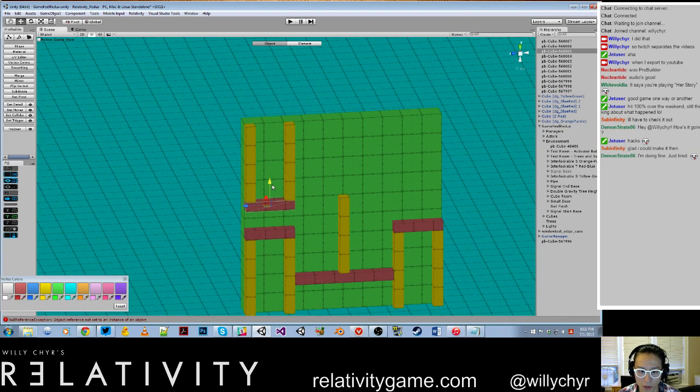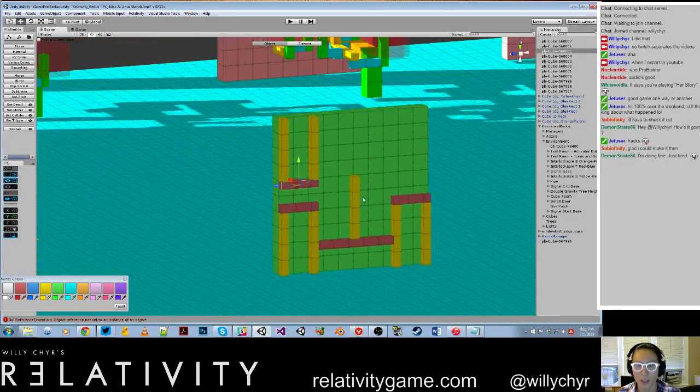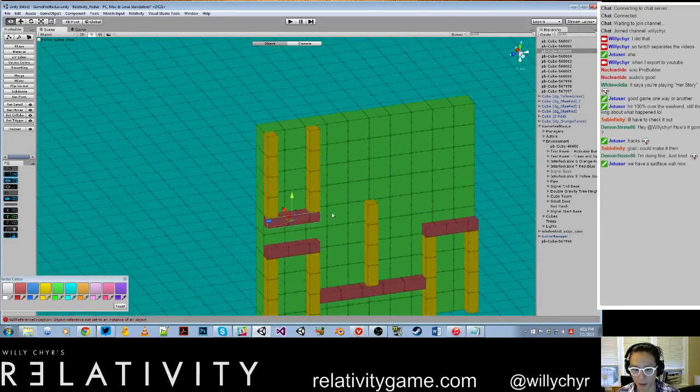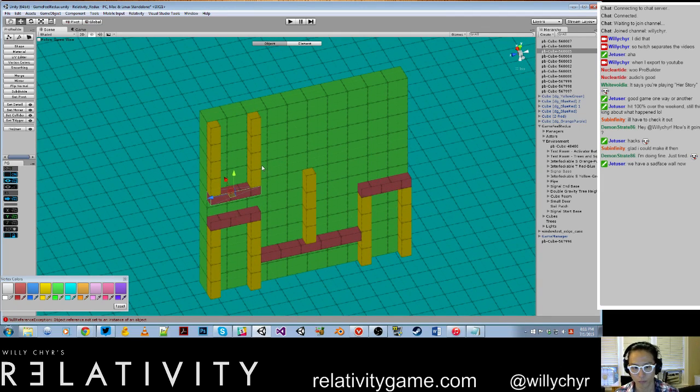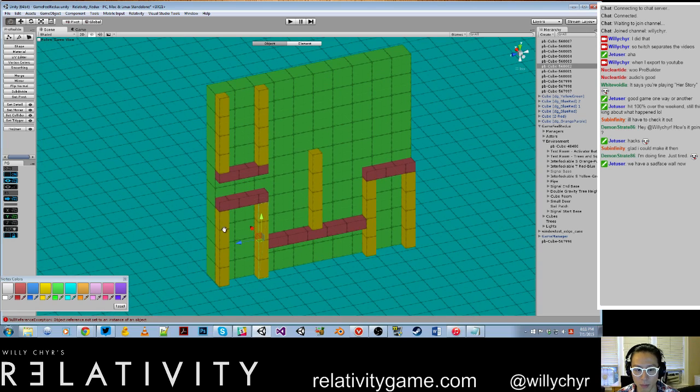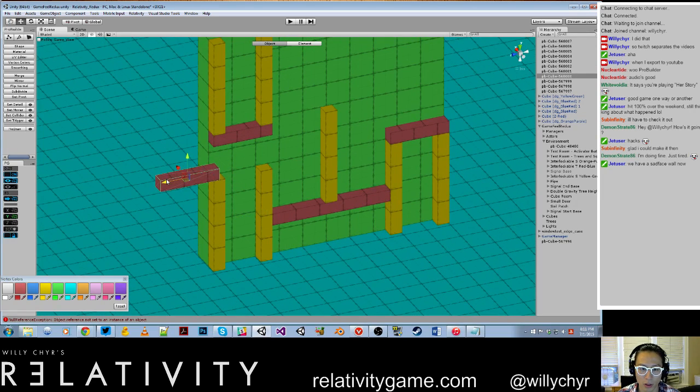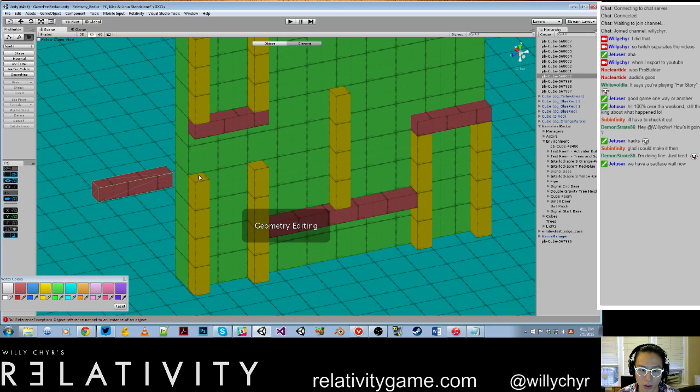Okay, that's too high, so I drag it back down. Anyway, as you can see, it would just take me forever, and anytime I wanted to make a change, I have to go back and retweak this. So, for example, if I wanted this piece to be actually lower, I'd have to come in here